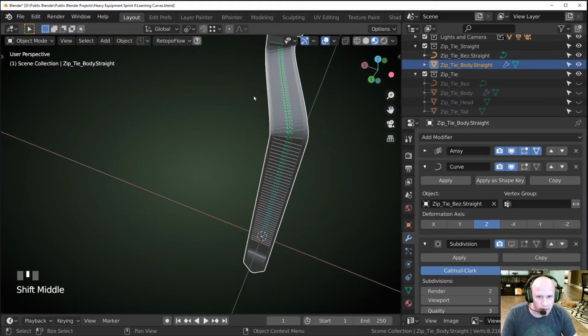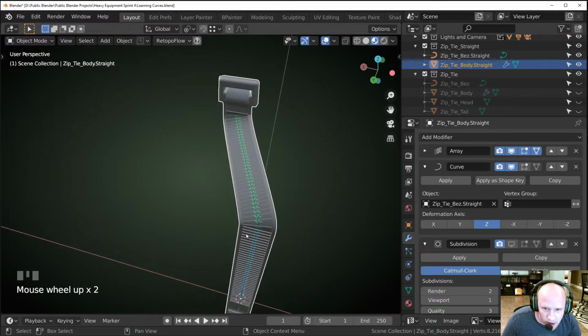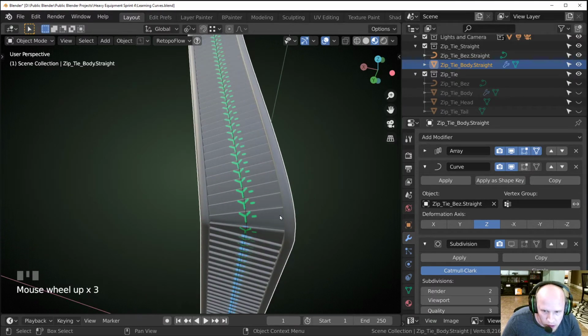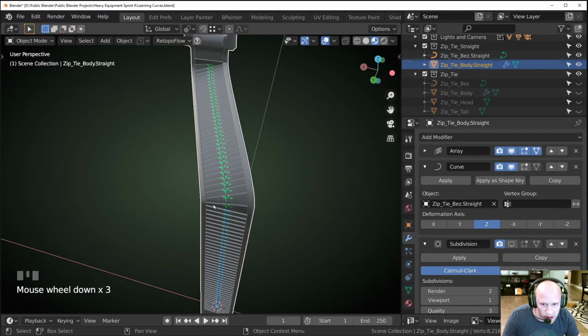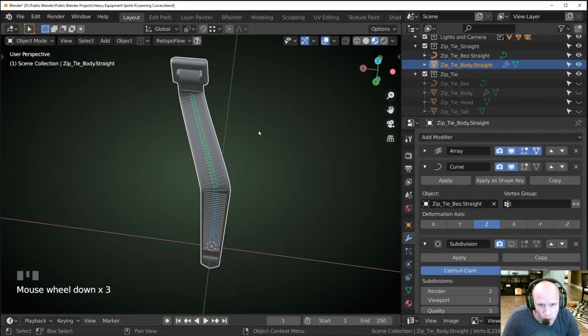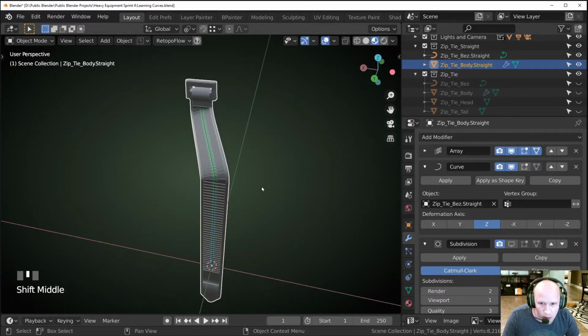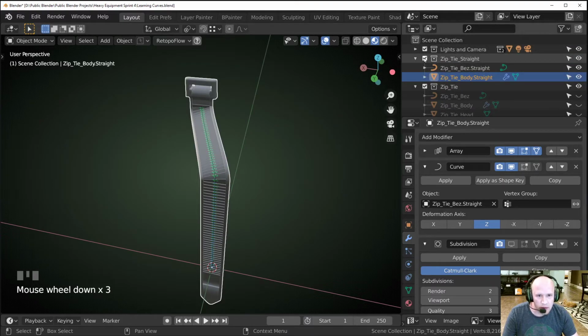Now I like to keep everything in the same plane when I'm moving the zip ties around. That may not be entirely realistic, but then I don't have to worry about this whole scrunching and bending, because I can't use a skin modifier with this style of mesh. At least I don't know how. So I keep everything in the same plane, and I think that works pretty well. I think I can get away with a little bit of bending and twisting, but I don't want something like this. So I'm gonna turn off this straight example,